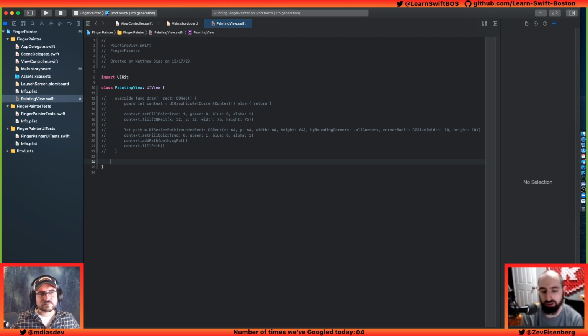You can call set needs display, and that will mark it as dirty. You can make it so that anytime the view resizes, it will automatically get marked as dirty. And then the system will call drawRect. And that rect parameter is for, like, if you know that something the user did only dirtied this part of the view, you can say only dirty that part, and then you only have to redraw that part, and it's less expensive that way. But